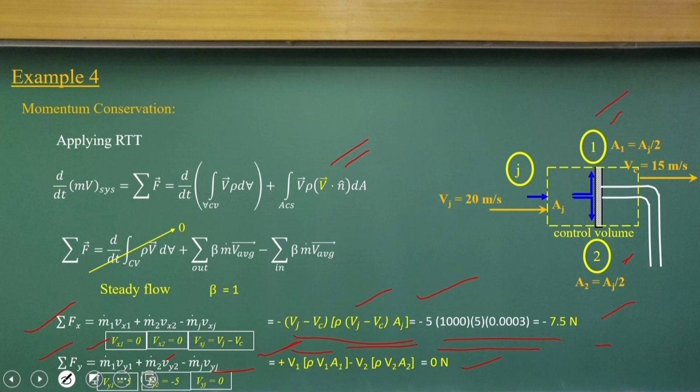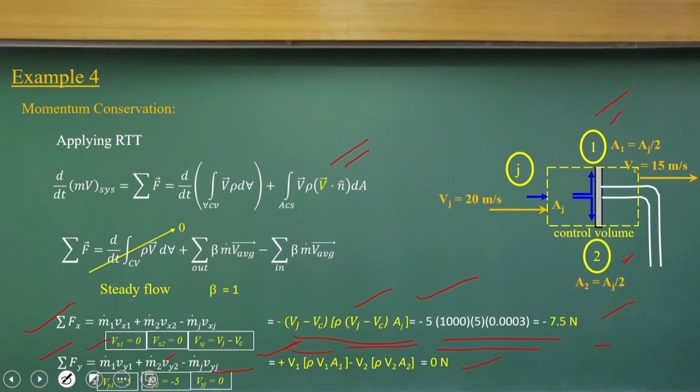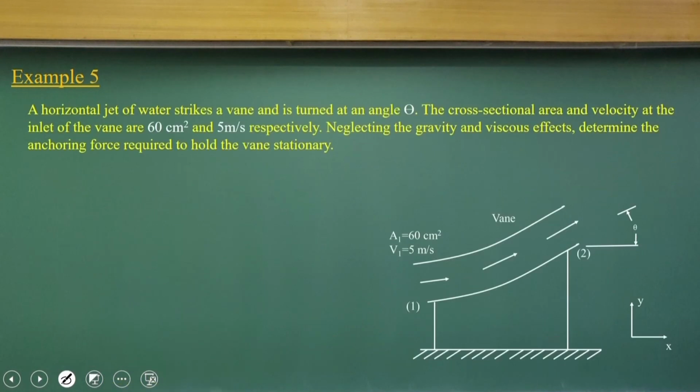So, the net force will be 0, with the force components being positive and negative. The net momentum flux will be 0. Now, let us come to example 5, which is again a simple problem, where a horizontal jet of water